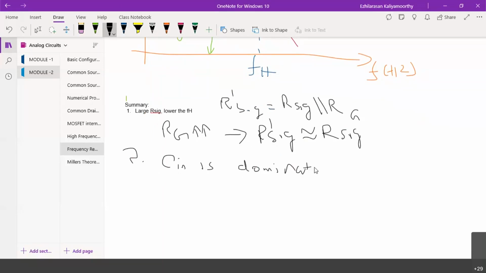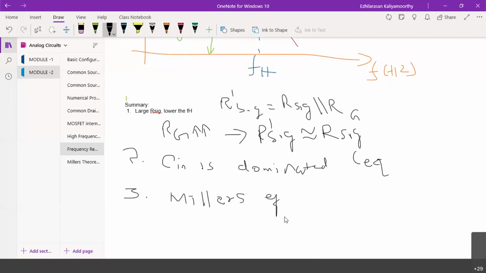It is dominated, in the sense, by C equivalent. The Cin is dominated by the C equivalent, where C equivalent is equal to CGD into 1 plus GM RL dash. Then the third point is Miller's effect,